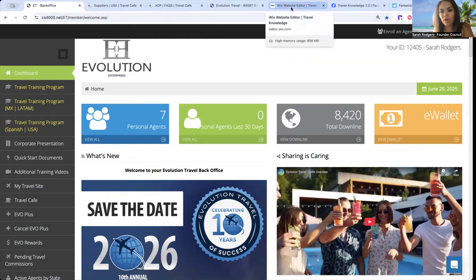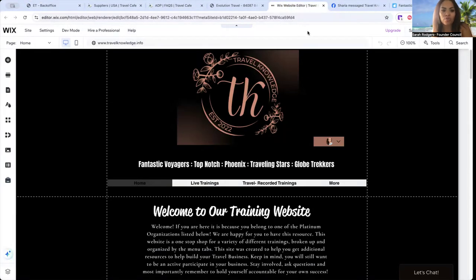Now, these resources are tied specifically to our group. So our team, our group within Archer and Evolution is called Travel Knowledge. Okay. This is something that we've created. It's a team that I've been running for 6 years now. We have a lot of wonderful leadership and top travel bookers and income earners and all the things in that team. So what we did is we created an additional resource through